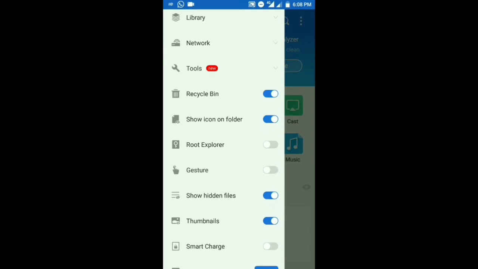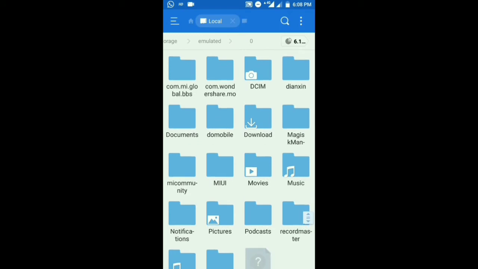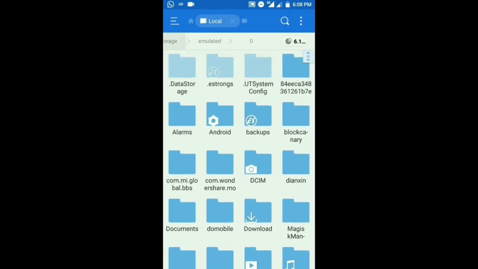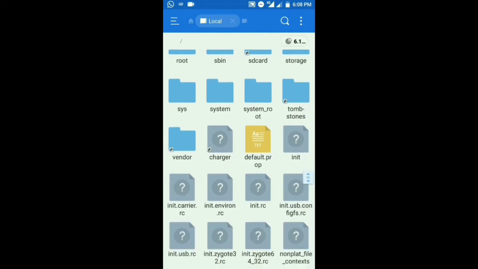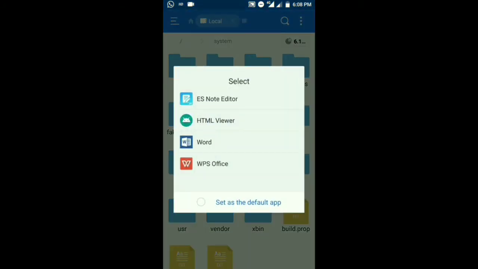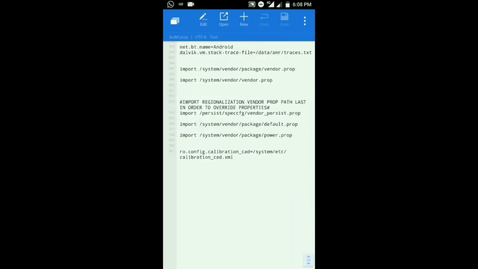Now you have to open the root explorer option in your ES File Explorer. Just enable this root explorer option and now go to the root directory once more. In your root directory you will find a file which is build.prop. Simply open that file in the ES editor and at the bottom of that file you will find the code which I had written. So you have to write this code of 2 lines, which is